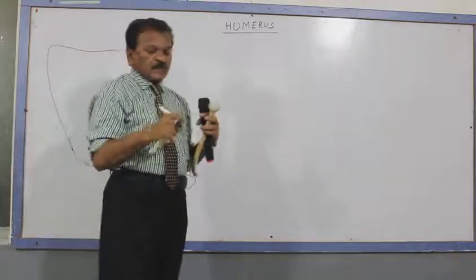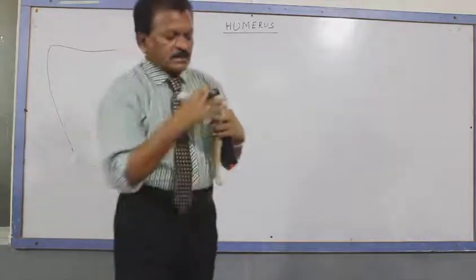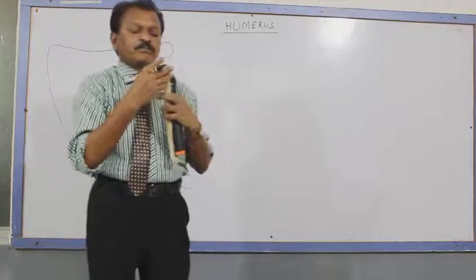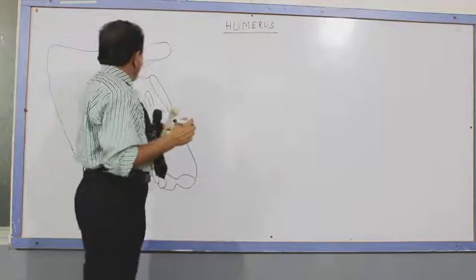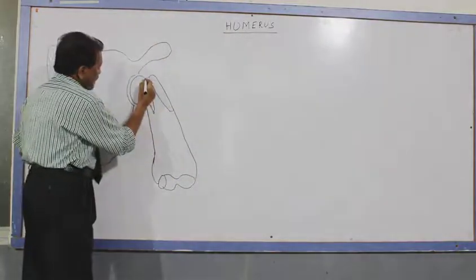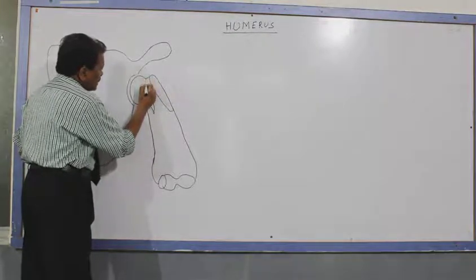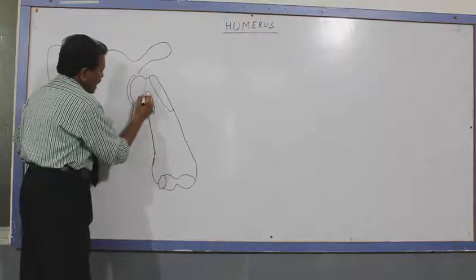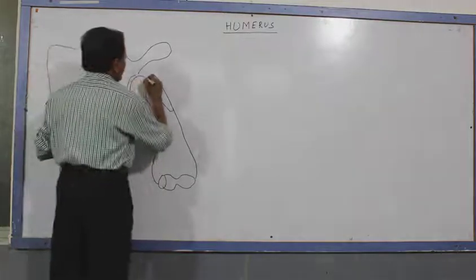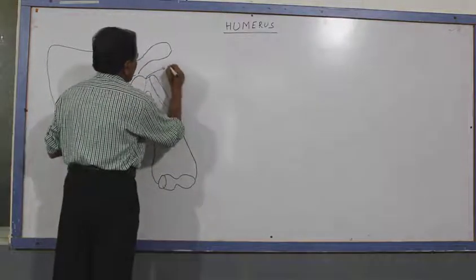Then regarding the neck of the humerus. Here you see, this one is the neck of the humerus, this is the greater tubercle, and this one is the anatomical neck of the humerus. This is the anatomical